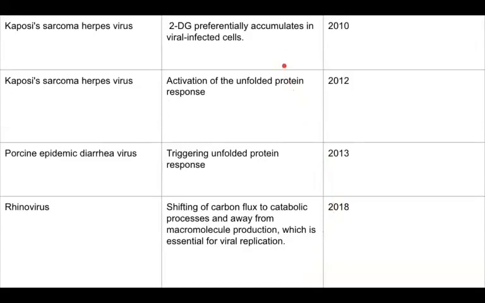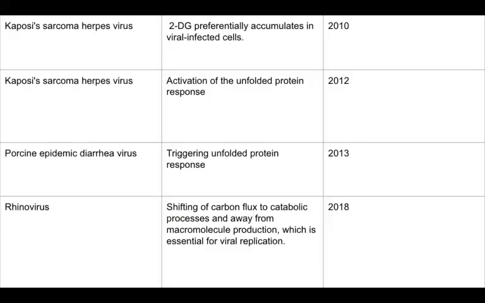Here we're showing that 2DG accumulates in virally infected cells. And in this instance, apart from disrupting glycosylation and causing an unfolded protein response leading to misfolded proteins and eventually